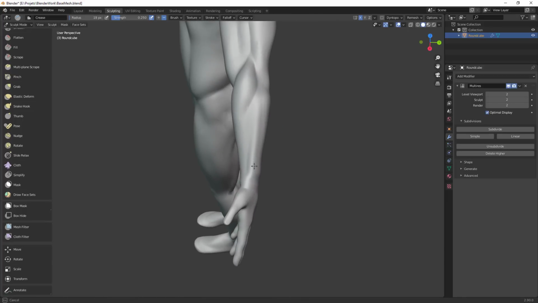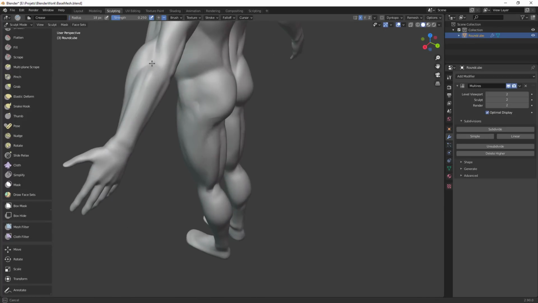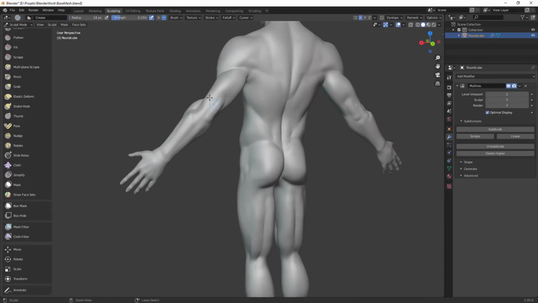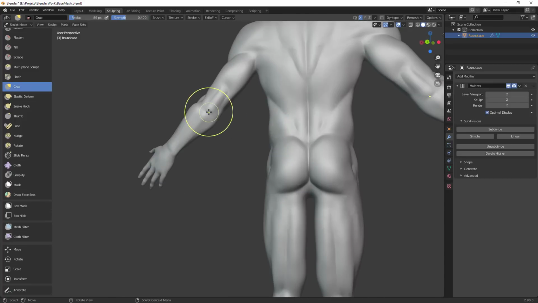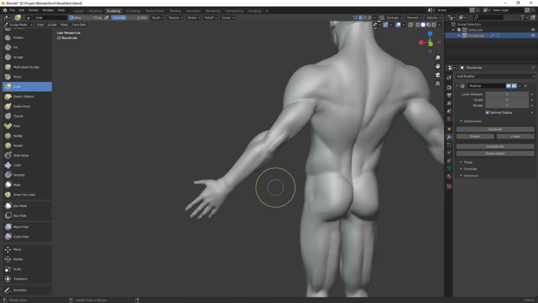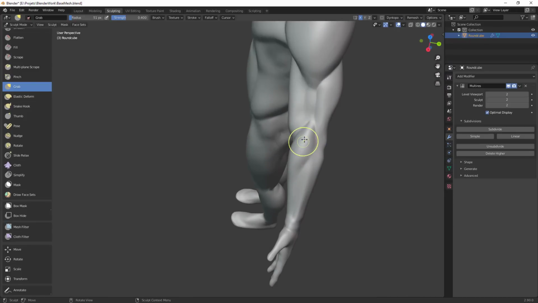So I'm just going to add some fibers in that straight direction for the group of muscle that is below. And I'm just going to cut under here the elbow. So the elbow is still maybe a bit low. So I'm going to push it back up, and I'm going to revisit this whole section anyway. So don't worry, it's going to look better once we will have more geometry. We'll spend more time